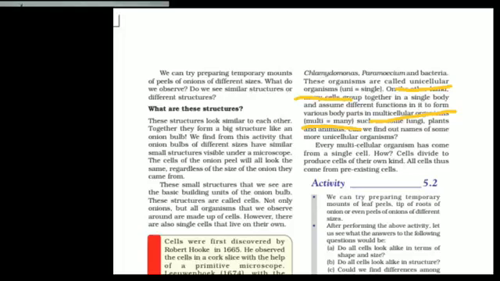All multicellular organisms begin their life as a single cell called the fertilized egg cell. The fertilized egg multiplies and the number of cells increases as the development of the organism proceeds. All multicellular organisms, including human beings, show division of labor. It means that different parts of a multicellular organism perform different functions. For example, the human body has a stomach to digest food, a heart to pump blood, bones and muscles to perform movement and so on.